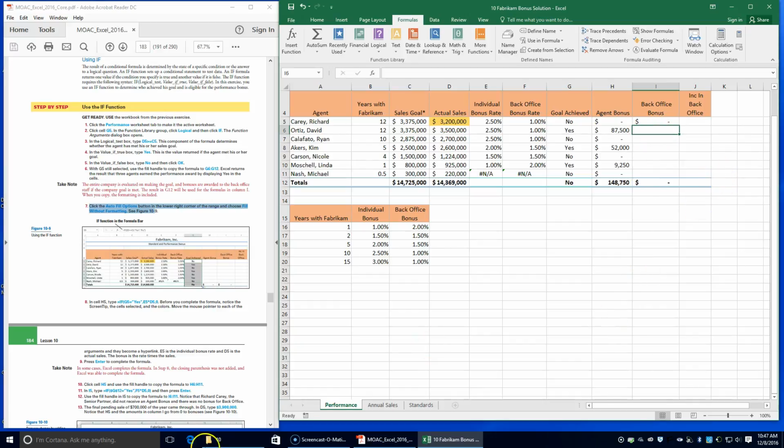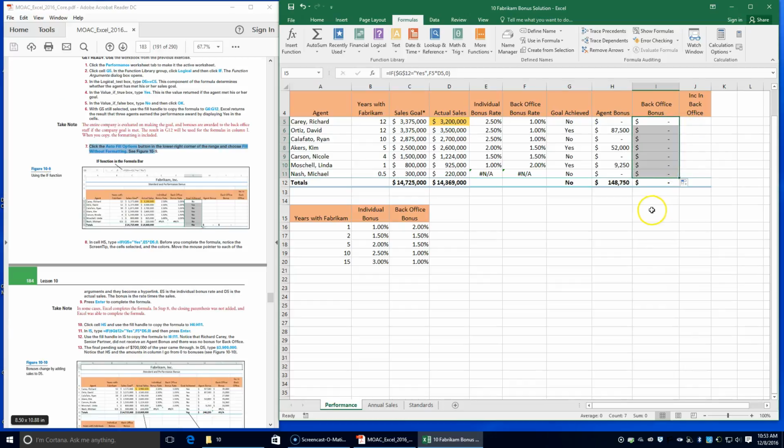Okay. Then it says to use the fill handle in I5 to copy the formula from I6 to I11. Notice that Richard Carey, the senior partner, did not receive an agent bonus. So it says no right here, and there was no back office bonus. The final pending sale of $700,000 of the year came through. So in D5, we're going to change $3,200,000 to